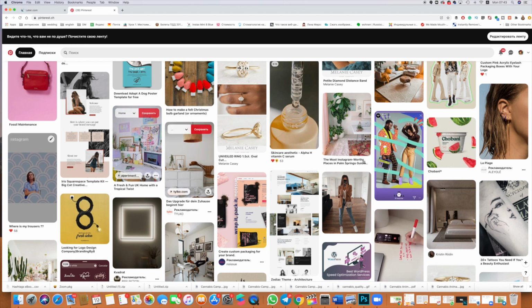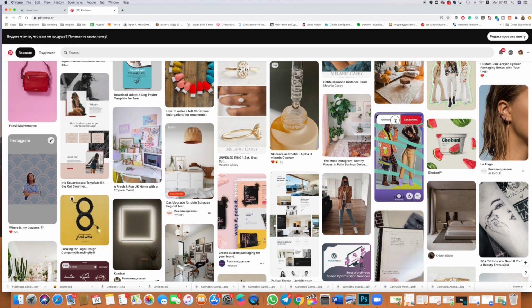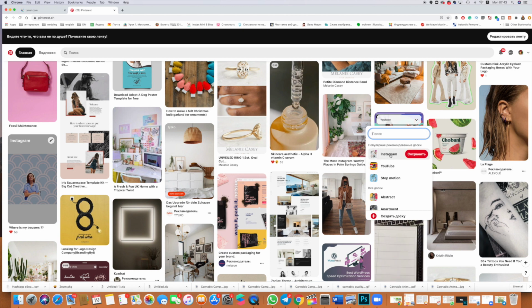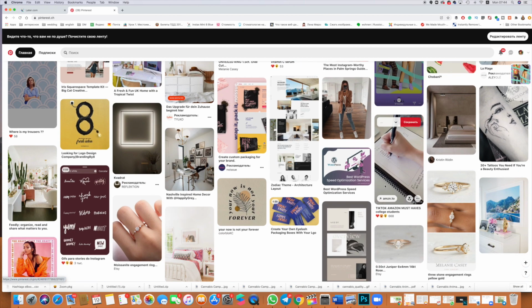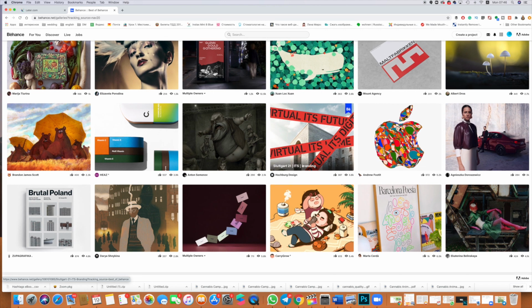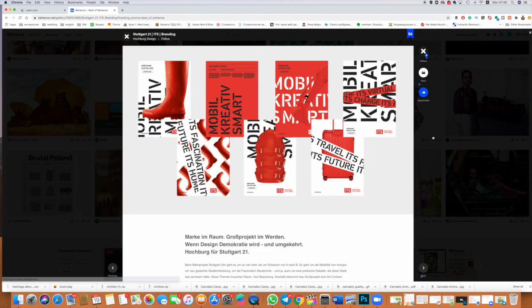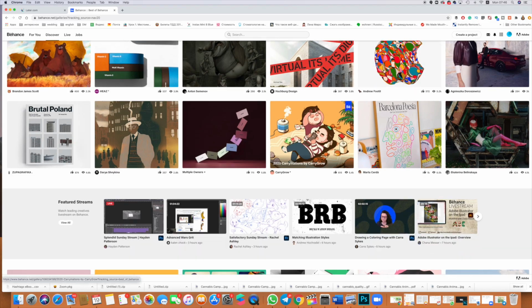The other sources of inspiration can be, of course, Pinterest. Pinterest is just full of amazing ideas. Whenever I have time and I just need some inspiration, I scroll through Pinterest and collect ideas in more specific folders that I later open once I'm ready to create content for the next month. Another source of inspiration can be Behance. Behance has lots of creators that publish really amazing content. Just go ahead and find the creators that can be inspiring for you, start following them and check them from time to time for ideas for your creatives for the next month. Step number 3, creating the creative.